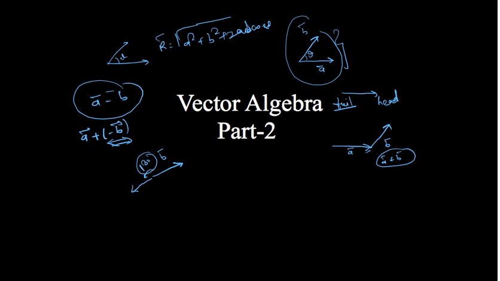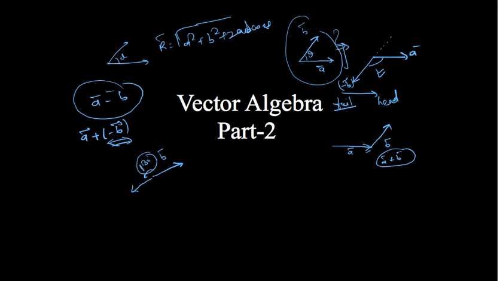So if this was the case for a vector plus b vector, then for subtraction of two vectors, a vector will remain as it is, and your b vector, which was like this, will now become like this. So it is now minus b vector. What is the angle between these two vectors? The angle will change to this one. You have to follow similar things while doing the subtraction.